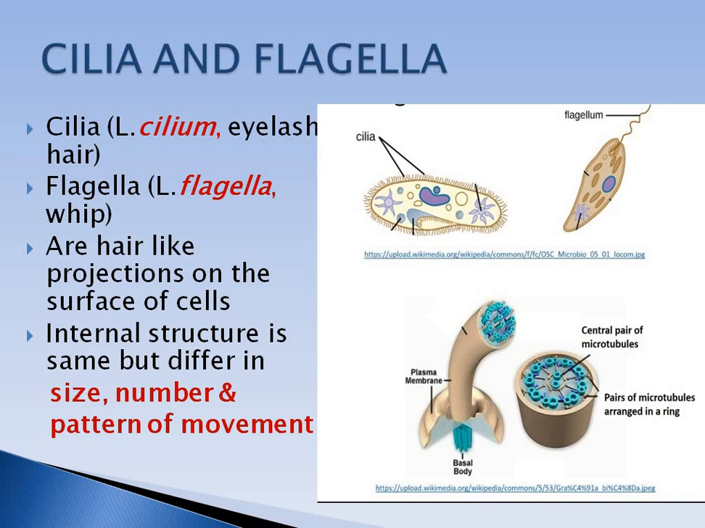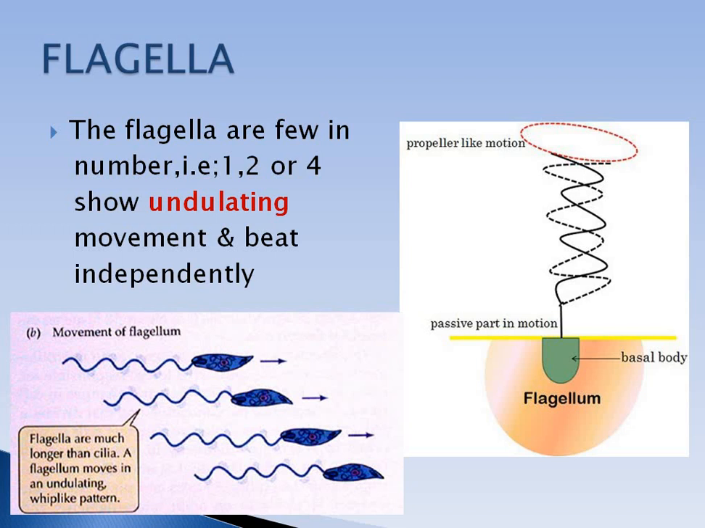Cilia are smaller in size and the flagella are longer in size. Flagella are present in fewer numbers and cilia are present in numerous or greater numbers. Their internal structure is the same. Flagella, they are few in number, as I told you. In many cases only one is present, or there may be two or four, and they show undulating